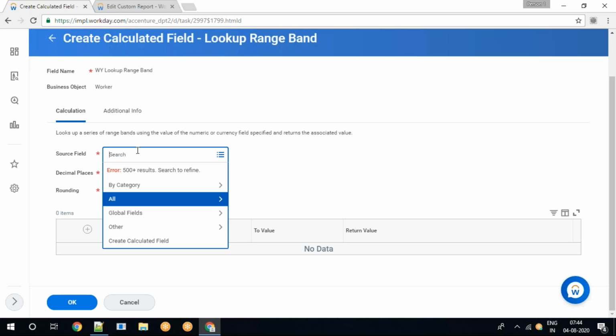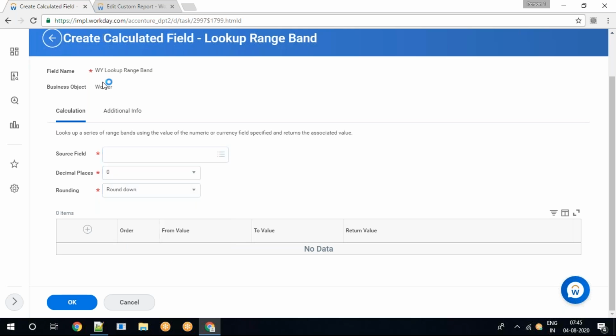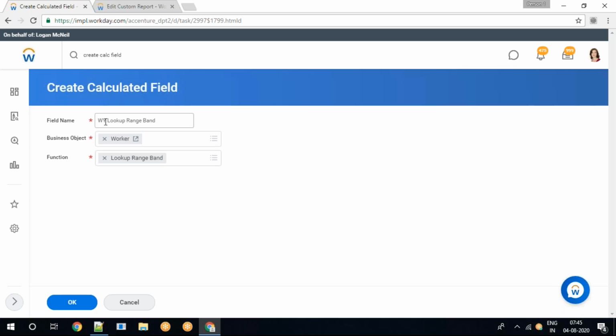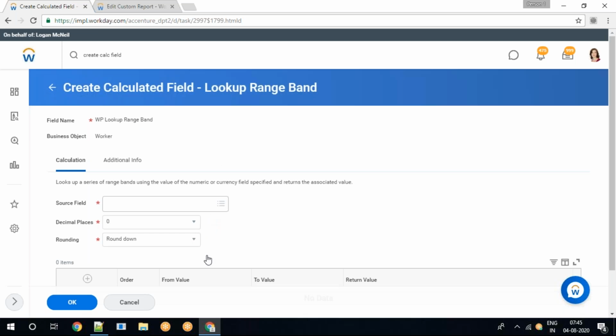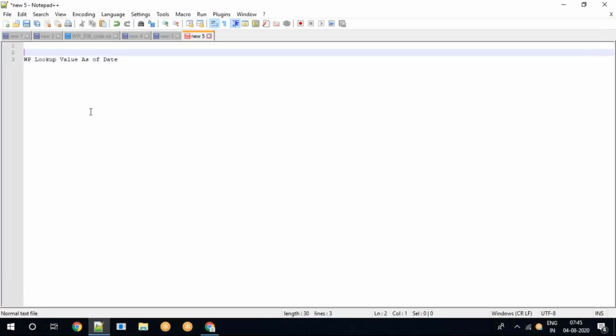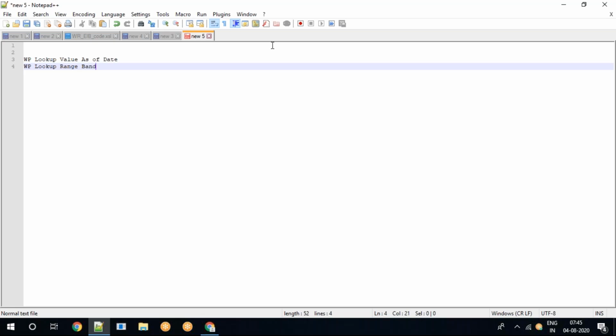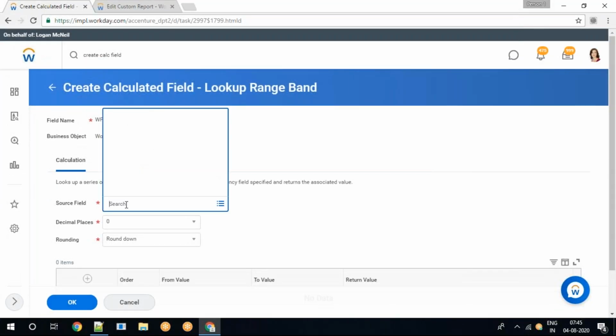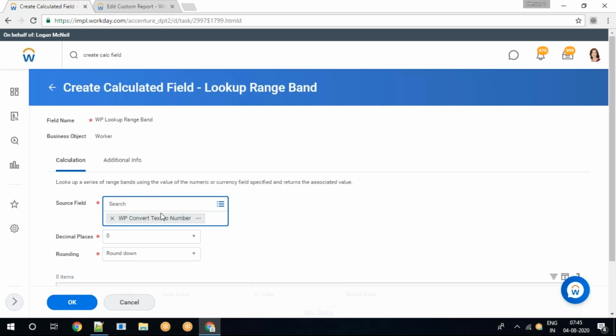We have something called, why am I saying WY? It's supposed to be WP, right? Click OK. So did I create it as WY, WP? Okay. As the source field, we have created something called WP convert currency. Remember, whenever you are using convert currency,